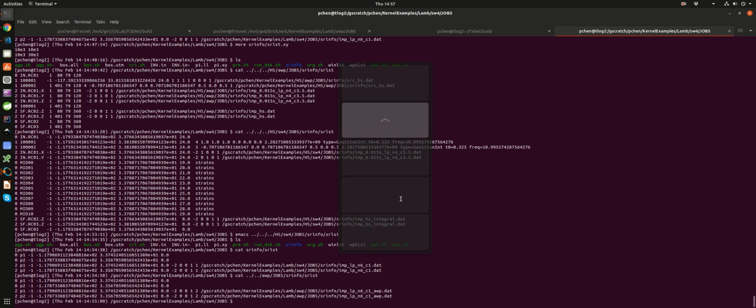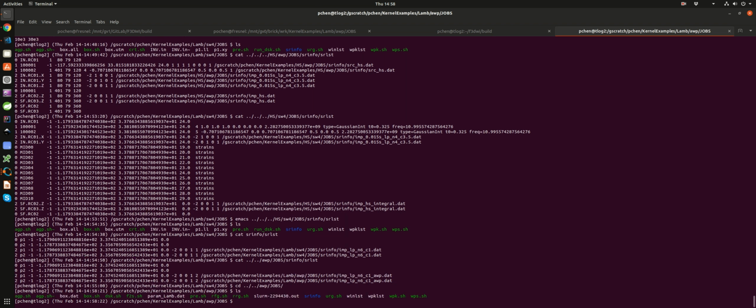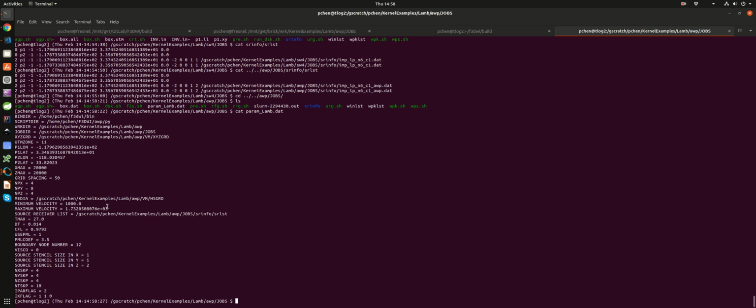Okay, so I'm not sure there's anything else I want to talk about, but that's the surface wave kernel example that I have been doing. This Lamb experiment was documented quite well in sw4's user manual. Here I'm in the AWP directory, and if I do a cat of the parameter file,